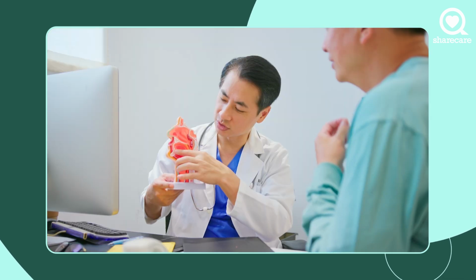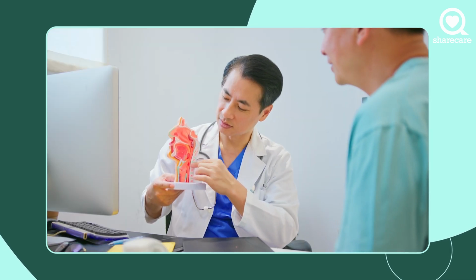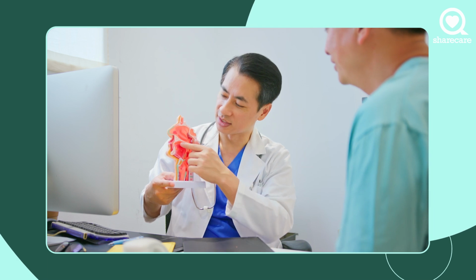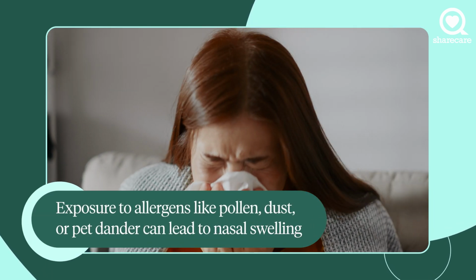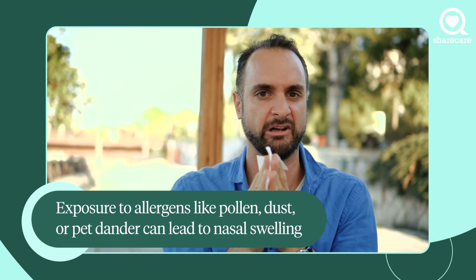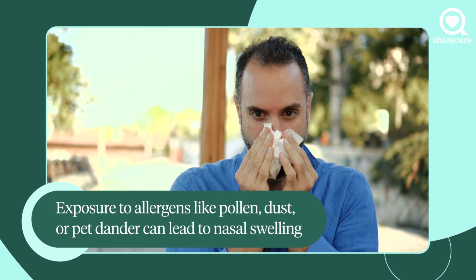Otherwise, commonly nasal congestion, or obstruction, is often due to swelling inside the nose. That swelling can be due to allergy. So dust, dust mites, pet dander can cause the inside of the nose to swell and be congested. That's a common cause. And then there are anatomical things that are inside the nose, the way it's made, structural